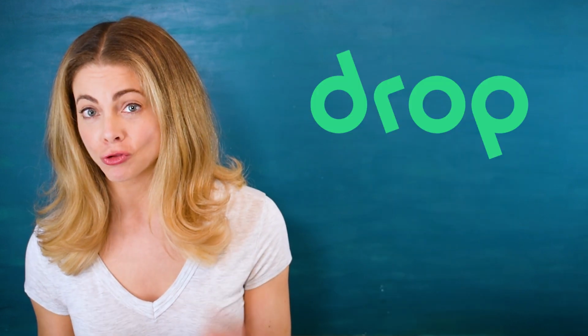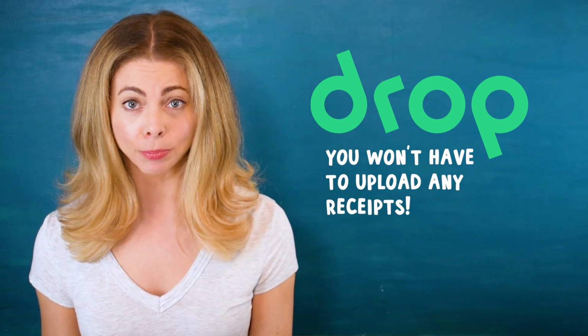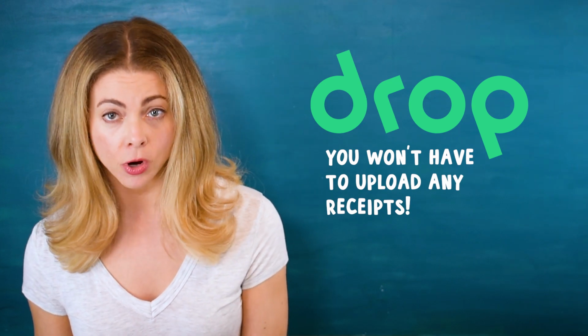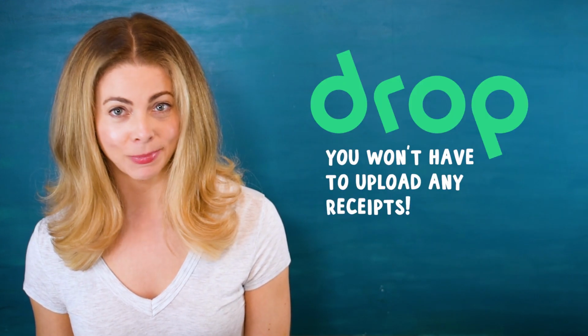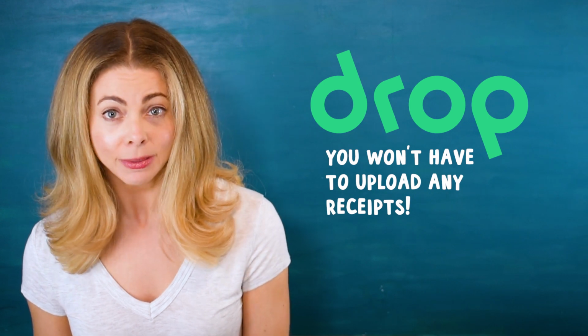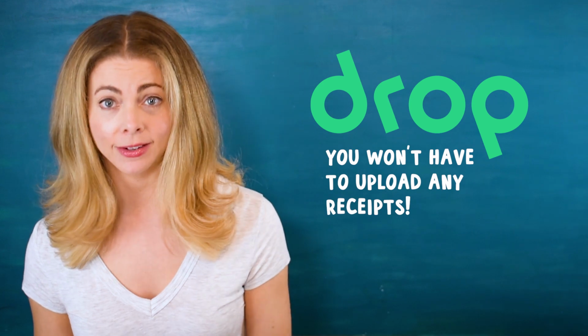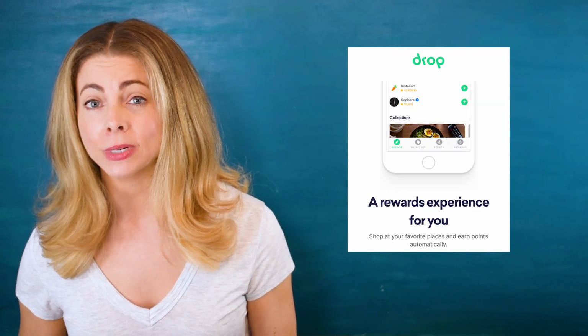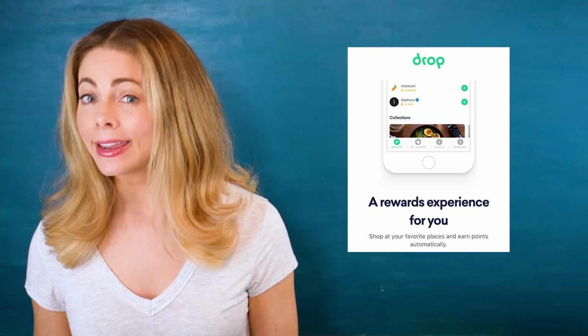Another great thing about Drop is that similar apps usually require you to upload receipts after every purchase in order to redeem their rewards. This is a time-consuming and boring process because if your receipt isn't digitally emailed to you, it can be super easy to misplace a printed receipt. And it's never convenient to upload a picture of the receipt immediately after purchasing something. Drop eliminates the need to upload receipts, which means that you get your rewards faster and you'll get them